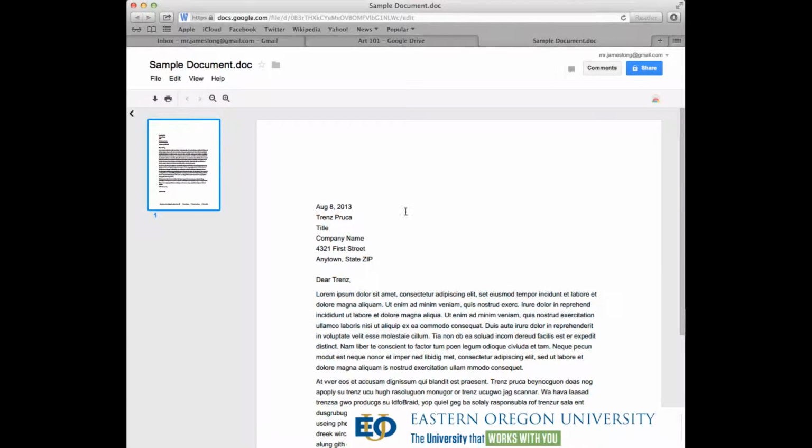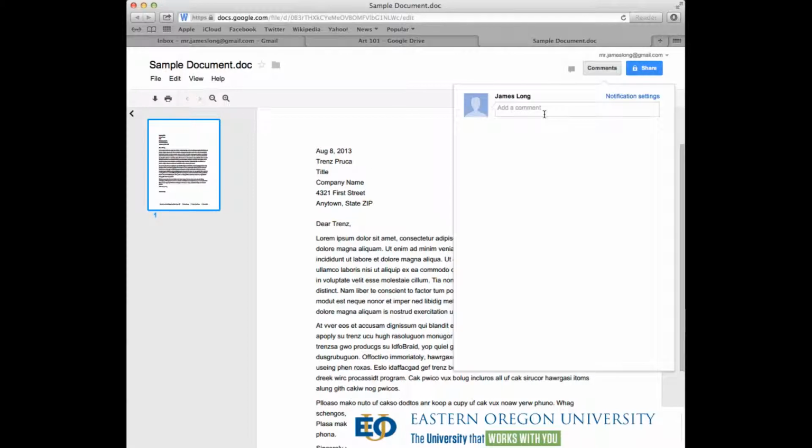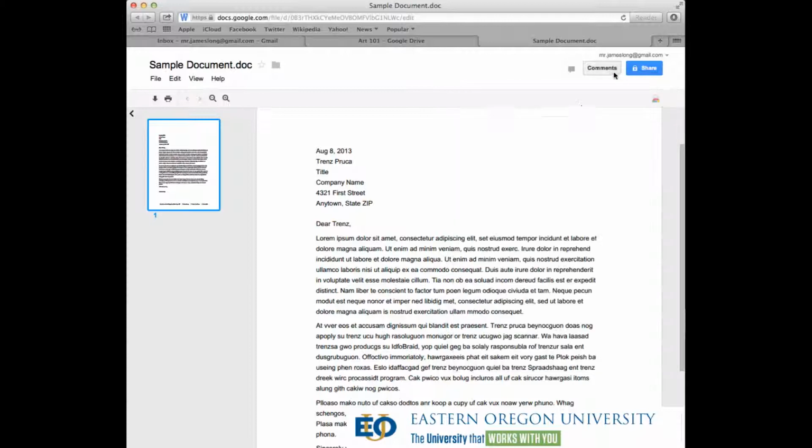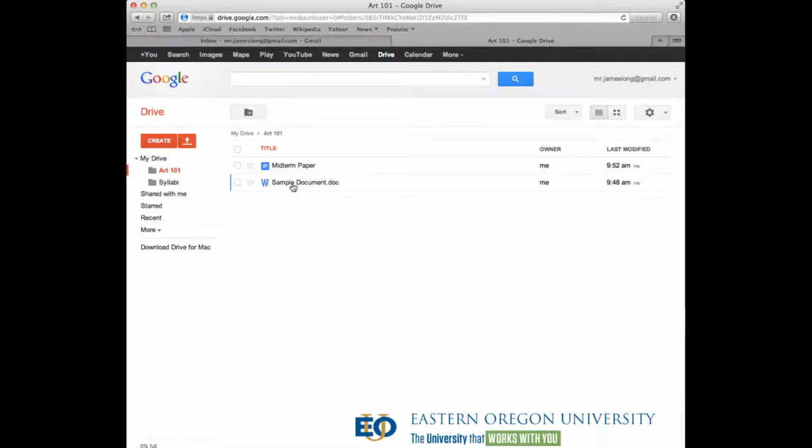But still, there's no way to edit it. I can come up here and click on Comments and add a comment that pertains to the entire document and actually have a conversation with my instructor as far as that goes, but there's no commenting on a specific area of the text this way. So it's important to know that's the main difference between a Google Doc and actually just uploading a Word doc